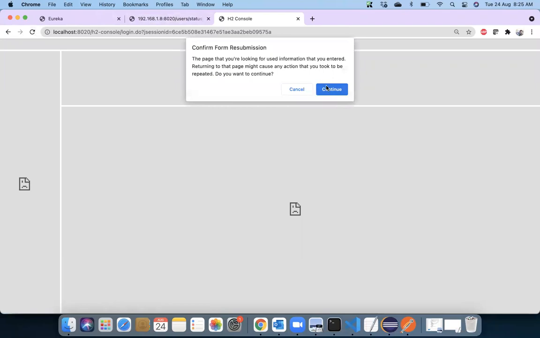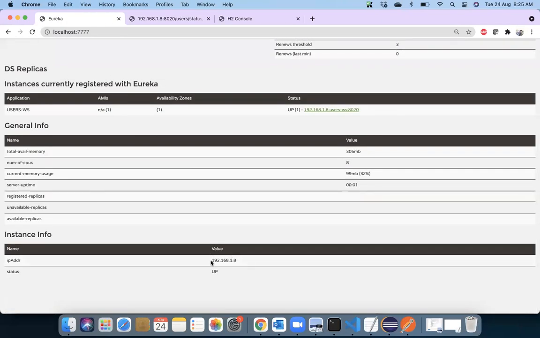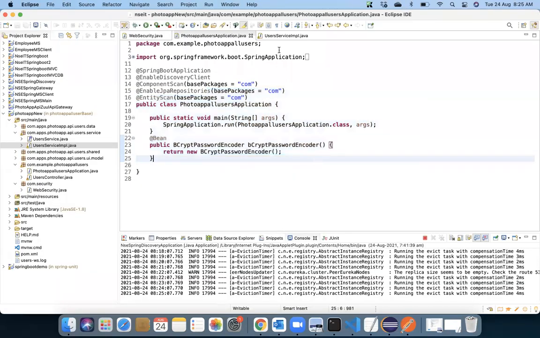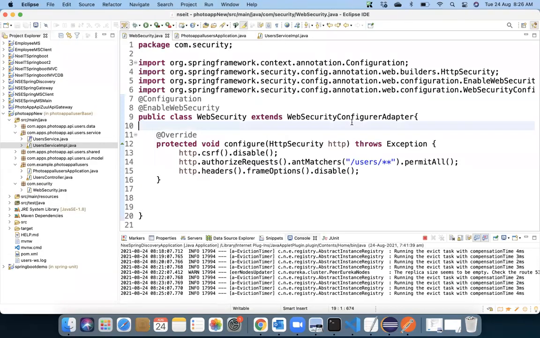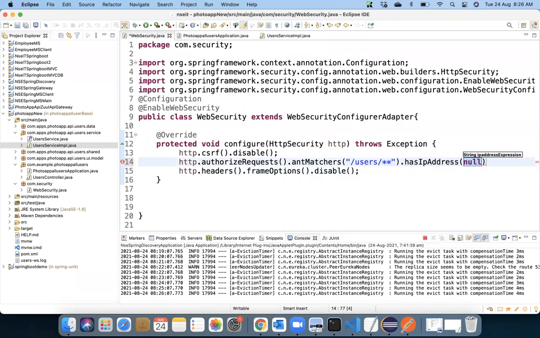First, let's check here in my application how we have this available. So the IP address is 192.168.1.8. Rather than using this permit all, I will be using one option called has IP address, and give the IP address here.